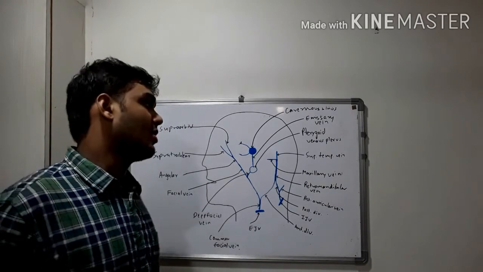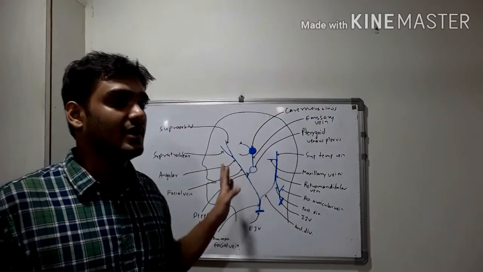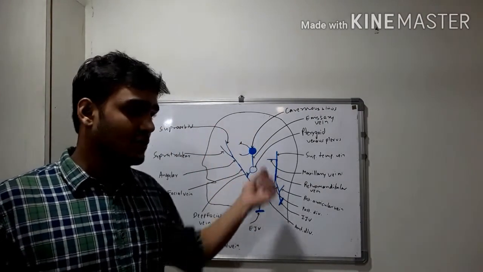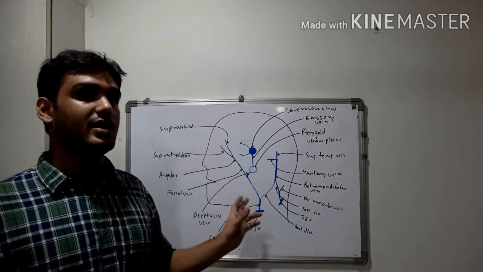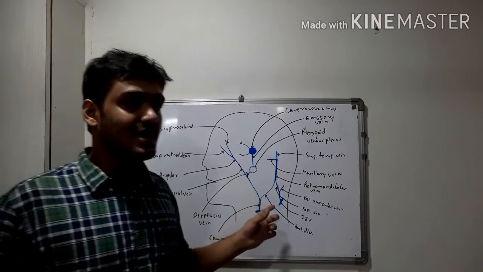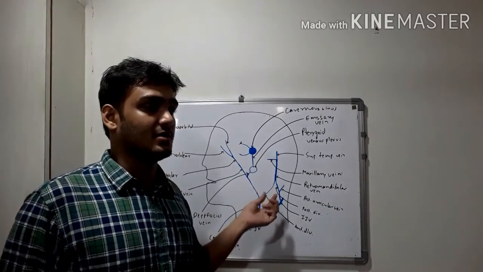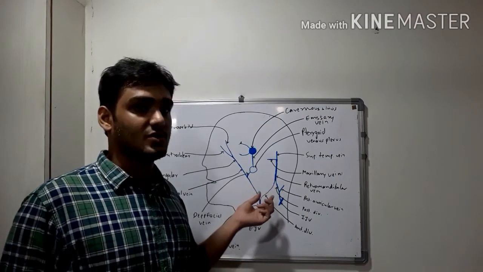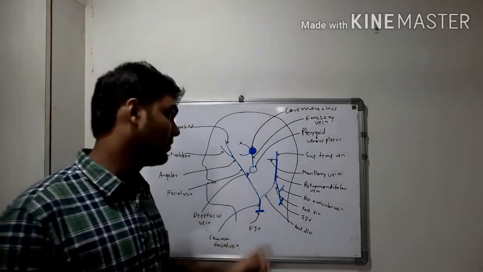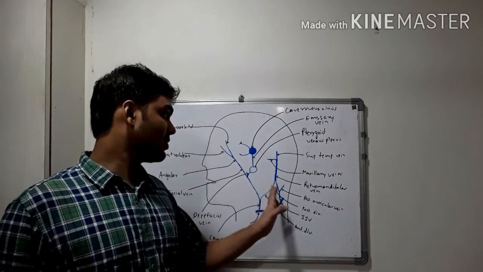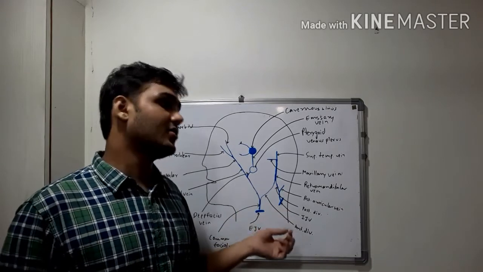And on the other side, the superficial temporal vein and the maxillary vein fuse to form the retromandibular vein, and it divides into two divisions, anterior and posterior. The anterior division of the retromandibular vein combines with the facial vein, and the merging of these two veins leads to formation of the common facial vein, which ultimately drains into the external jugular vein. On the other side, the posterior division of the retromandibular vein merges with the posterior auricular vein and drains into the internal jugular vein.